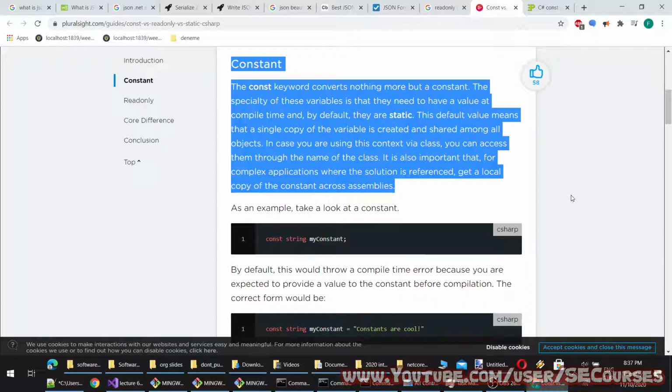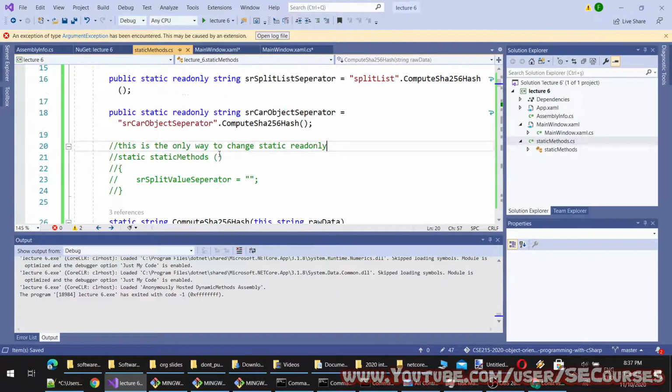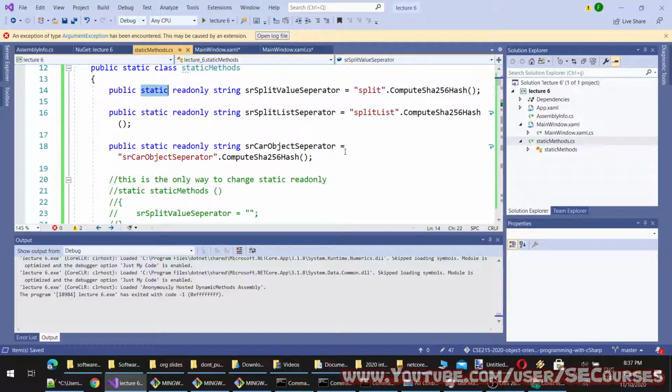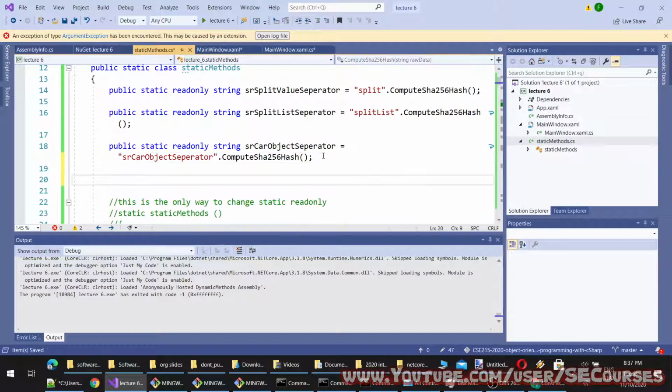In case you are using this context via class, you can access them through the name of the class. It is also important that, for complex applications where the solution is referenced, get a local copy of the constant across assemblies. Okay, so constant is basically same as static. However, you have to define its value at the beginning.